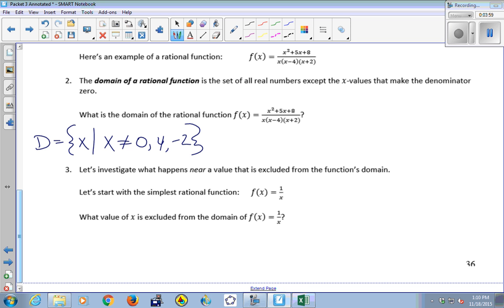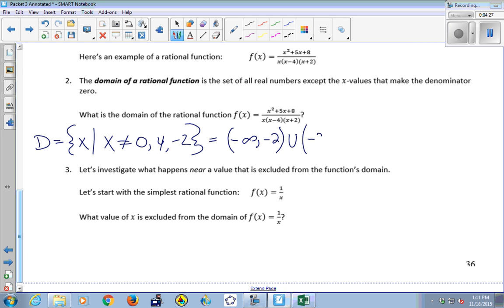What's the smallest excluded x value here? Negative 2. So I could write this as negative infinity to negative 2. Make sure you don't include that negative 2 by using a round bracket and not a square bracket. So all the real numbers, all the way to negative infinity, up to negative 2, but not including negative 2. Then union that with,